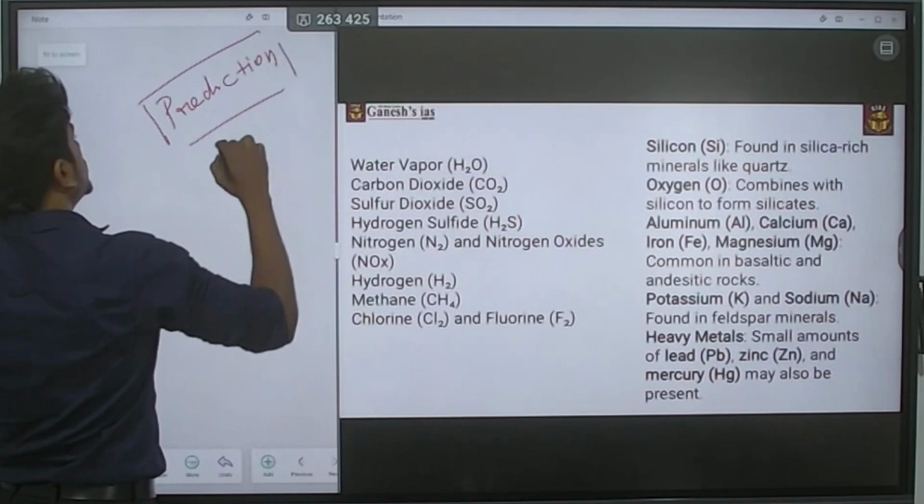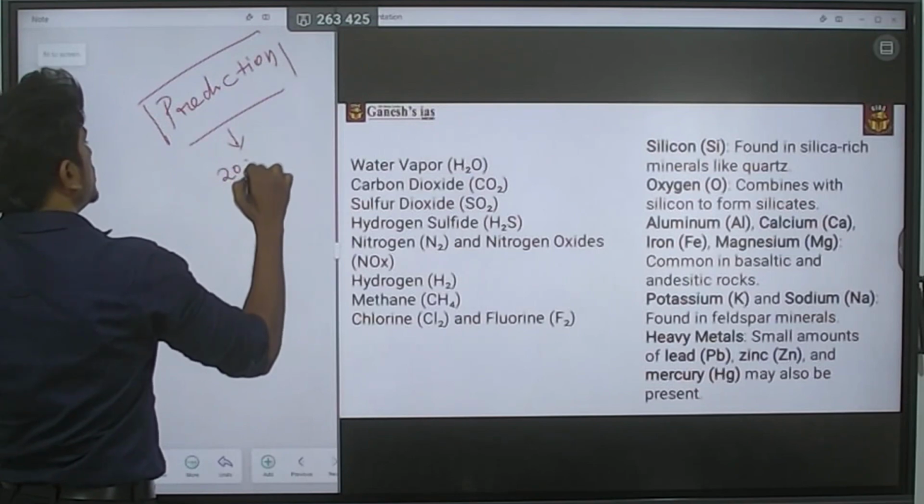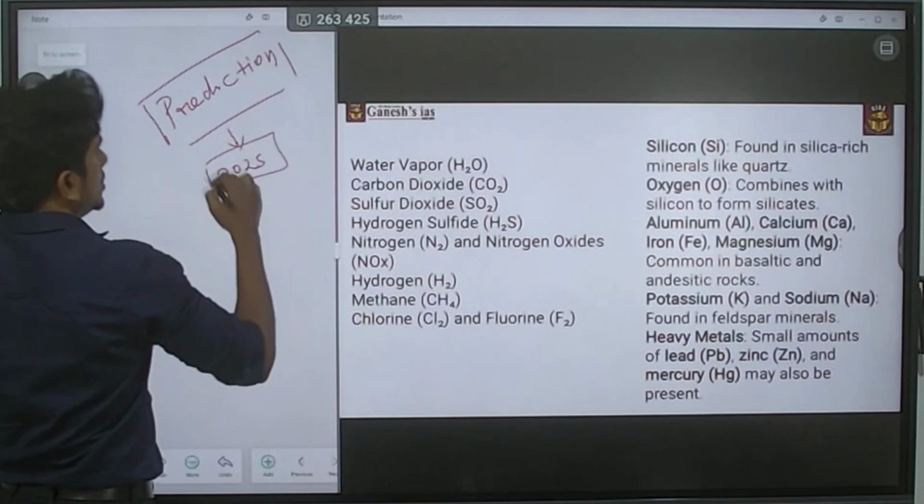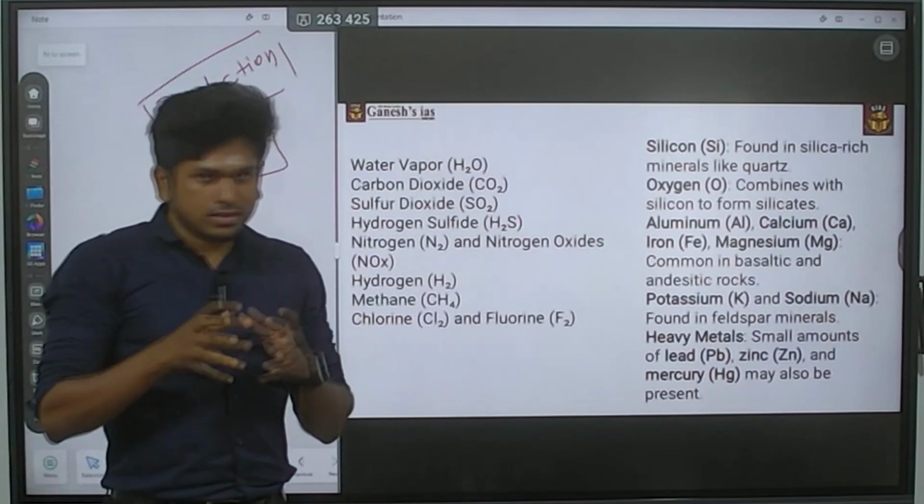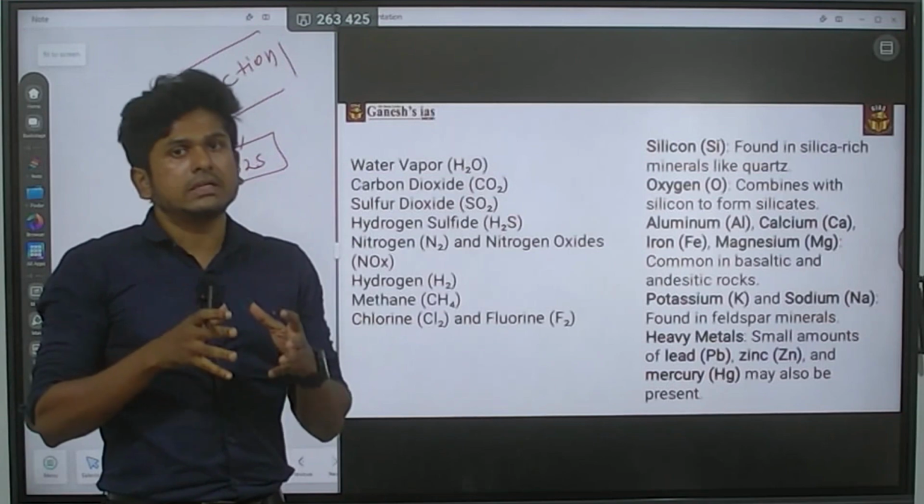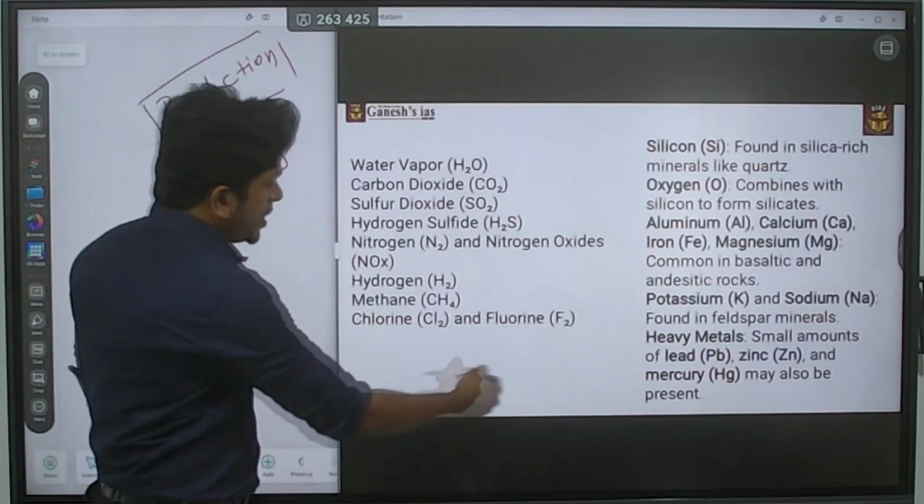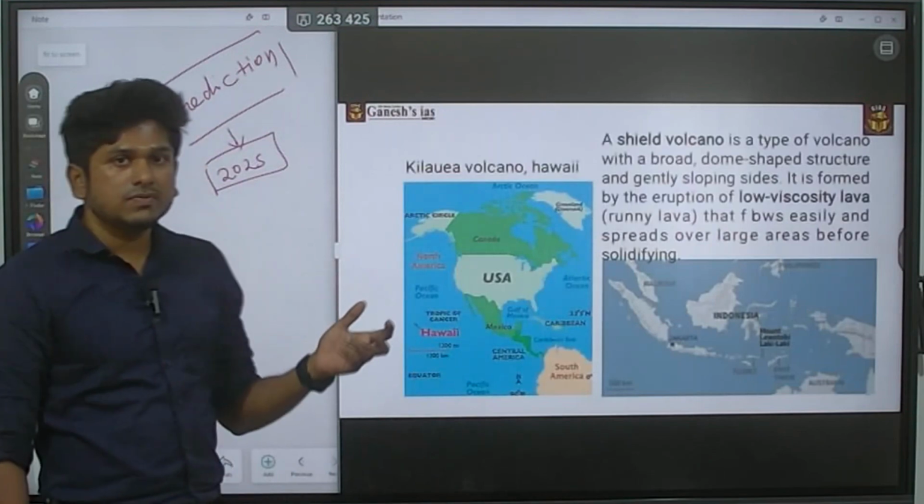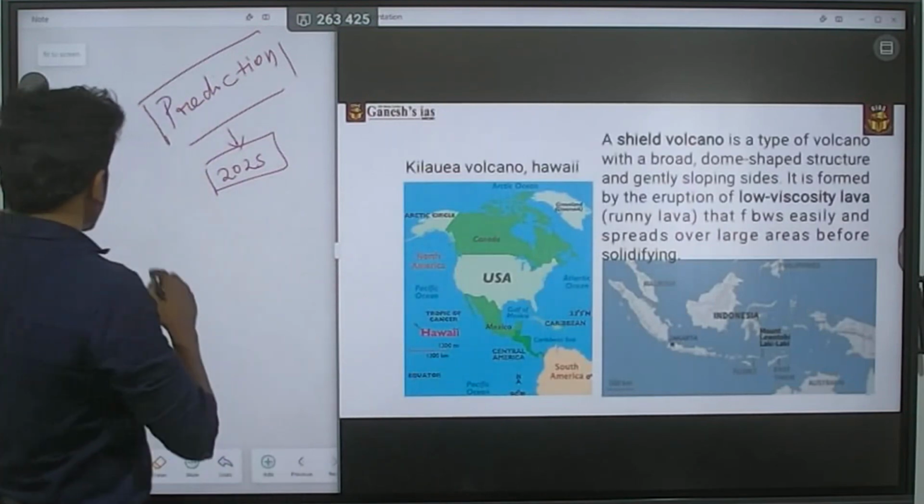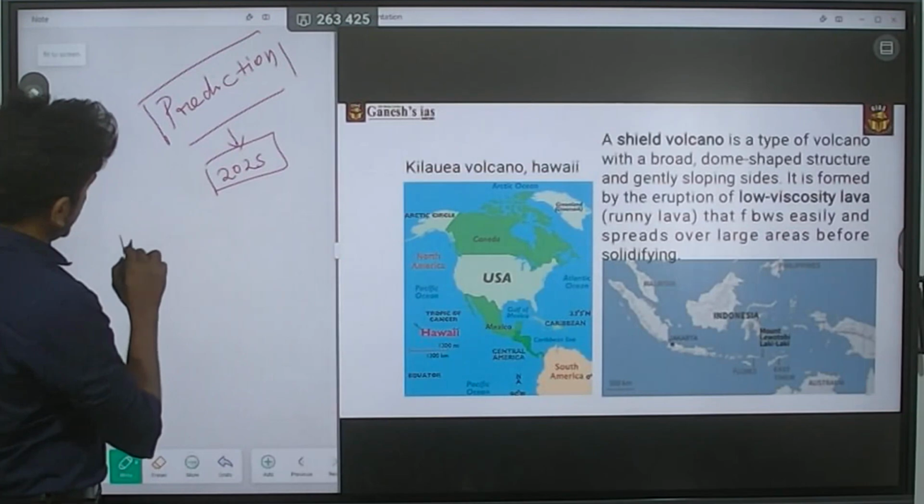What are the possible questions they may ask for 2025? This is the most important one. Based on the research, we narrow down to certain things like major volcanic eruptions. So these are the major volcanic eruptions. The questions may be like, for example, here it is the